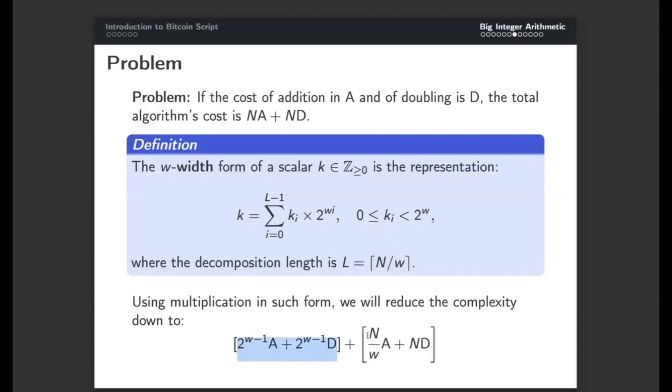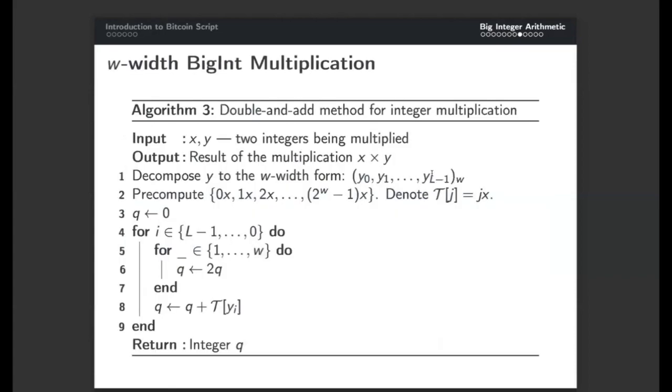What's even more important is this part. Notice that the number of doublings is the same, but the number of additions is reduced by a factor of w. So in case you set w to 4, you can expect the algorithm to be 4 times more effective than the regular approach, in terms of additions, of course. Okay, good. So what the algorithm looks like, and that's the high-level overview of how we have implemented it, is to, instead of